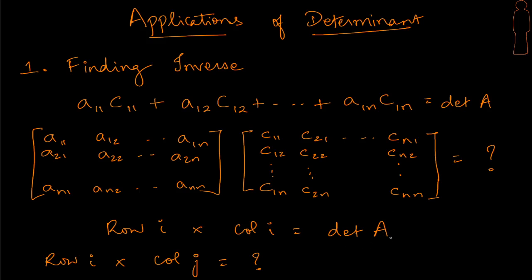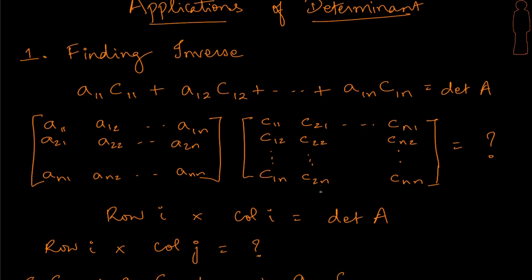But what is going to happen when we look at the first row here and the second column, or the second row here and the first column, and so on and so forth? What are the values we are going to obtain? We are interested in knowing what is going to be the dot product between the ith row of this A matrix and the jth column of the new matrix, right? So let's try and take a look at that.